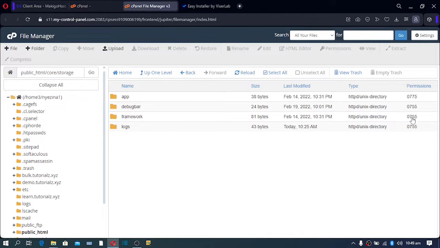So we're going to allow permissions 775, save changes, and then here put the same 775 and then save your changes and then click on save. And then let's check